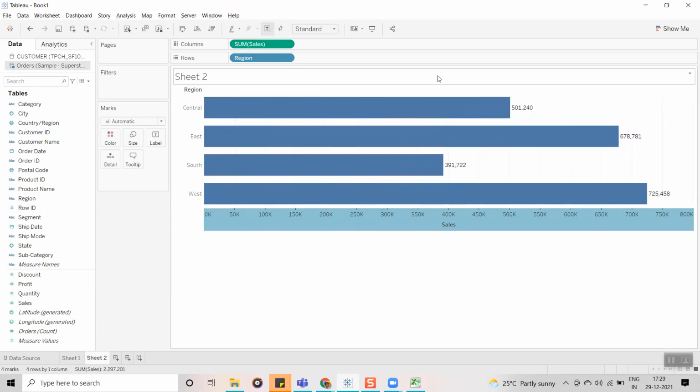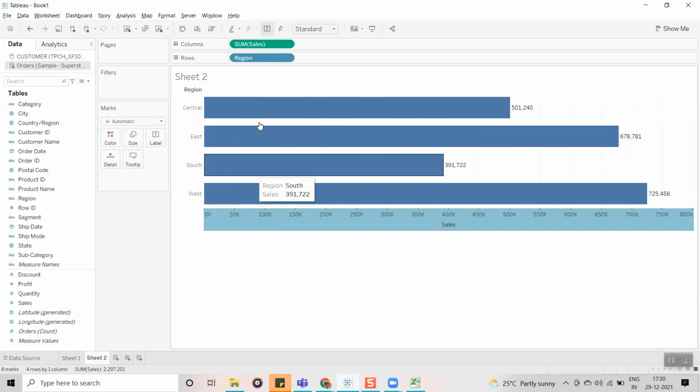Here, the measure value is going to be grouped based on the dimension you are using. In this case, I am using region, so the sales amount is summed up region wise. In the earlier case, it was summed up subcategory wise.